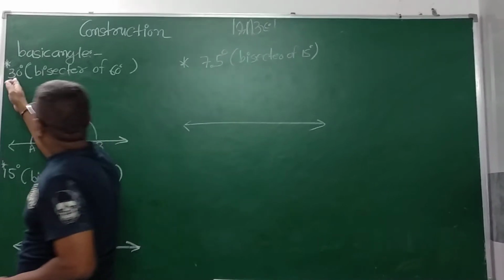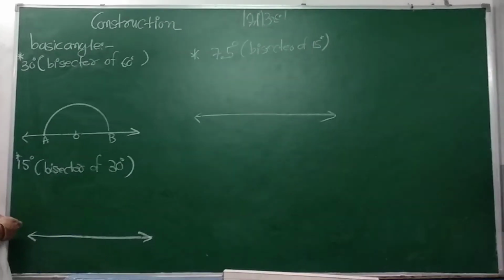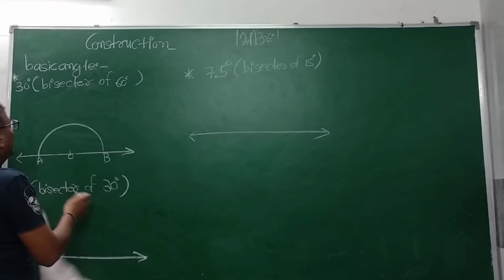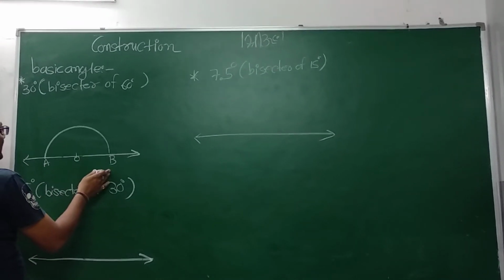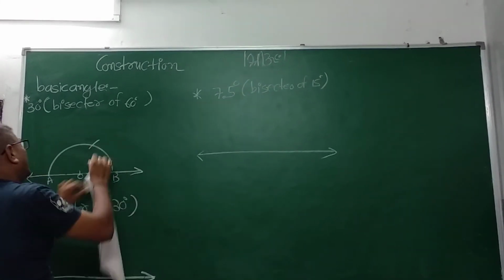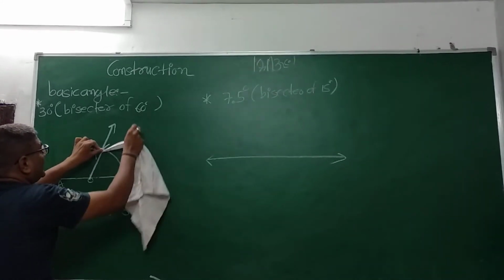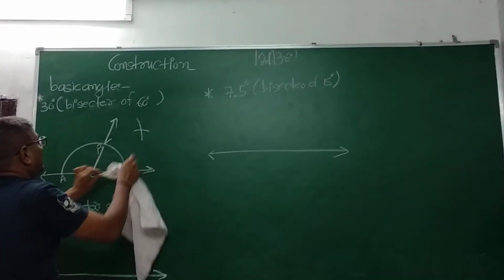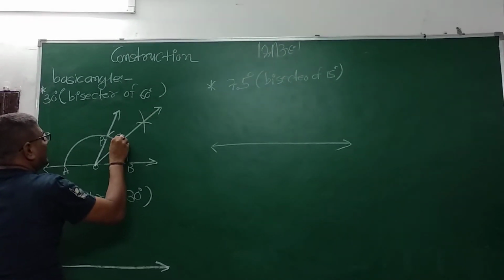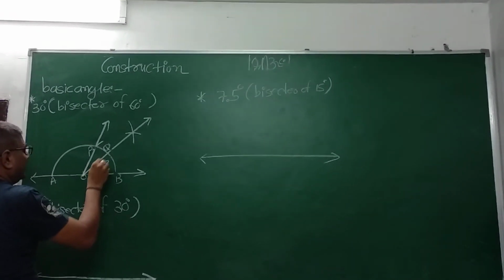30 degree is the half of 60 degree and double of 30 degree is 60 degree. So first of all, we draw a semicircle taking an arbitrary arc. The intersecting points of the semicircle with the line are A and B. For 60 degree we take the measure of the radius which intersects at point P. We take the bisector from points P and B, where the arcs meet we draw a ray, that is Q. So angle QOB is known as 30 degree.